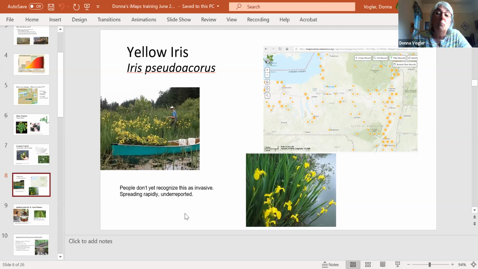But you can see the picture on the left. This is out of, I think, British Columbia, where the yellow iris has completely choked a little waterway between two connecting ponds. They are apparently attempting to bring this down the way that Jeff and his crew did with the water chestnut. So as you're looking around, the yellow iris is just starting to bloom now, and so it's probably the easiest right now to find and report. And you can look in our own region, there's just not a whole lot of reports out there, but I really believe it's far more prevalent.